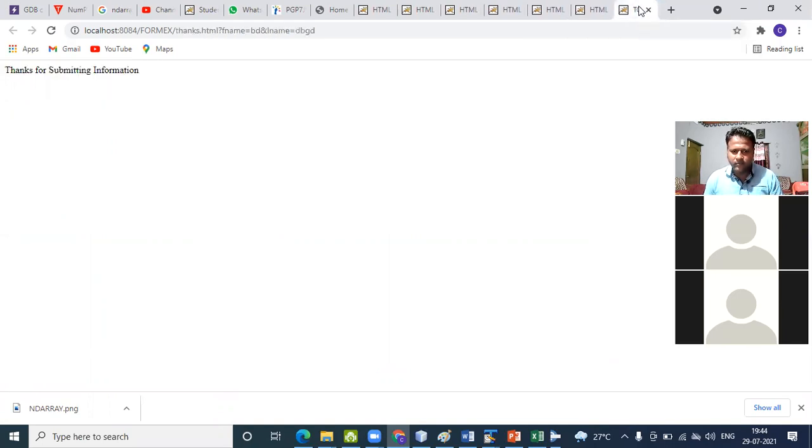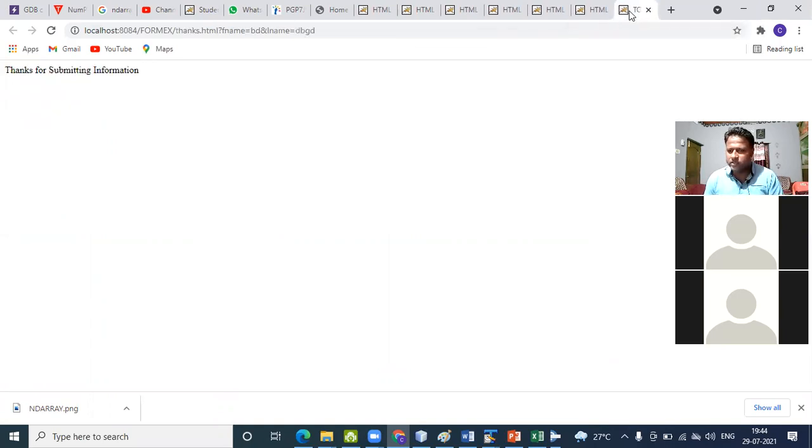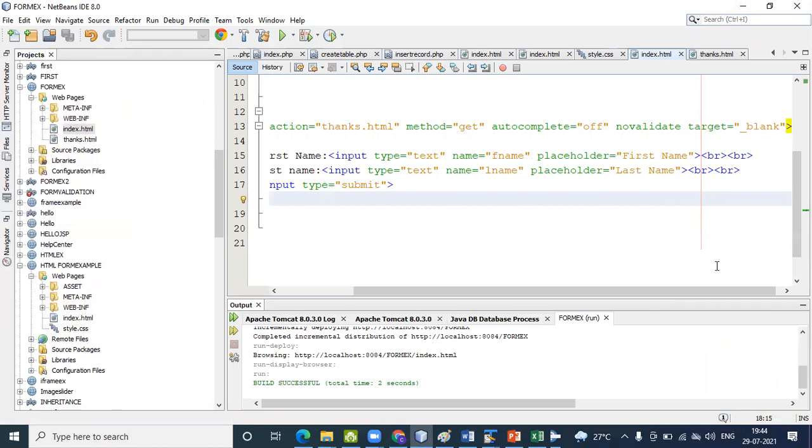See that, here it is our page, and here we're using it in the new window. So I will show the difference of how it is actually working, like blank, self, top, then another is parent. Okay, so I will show you